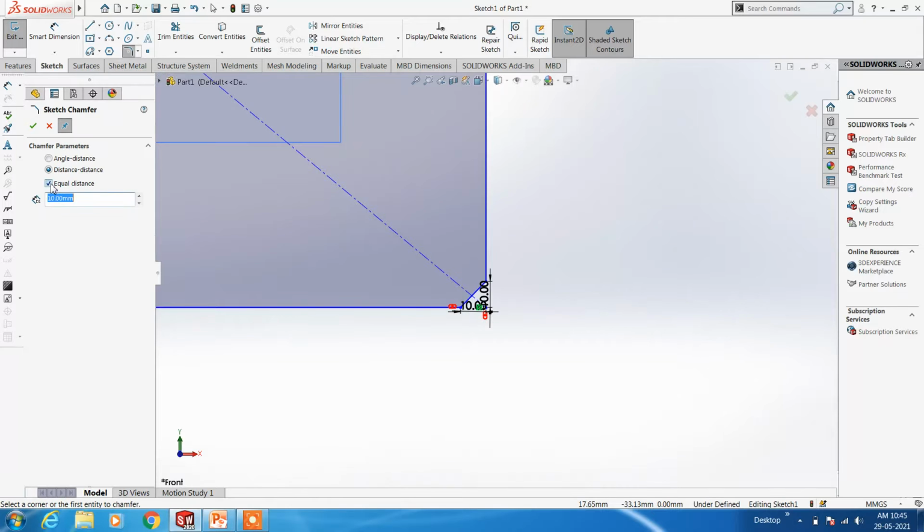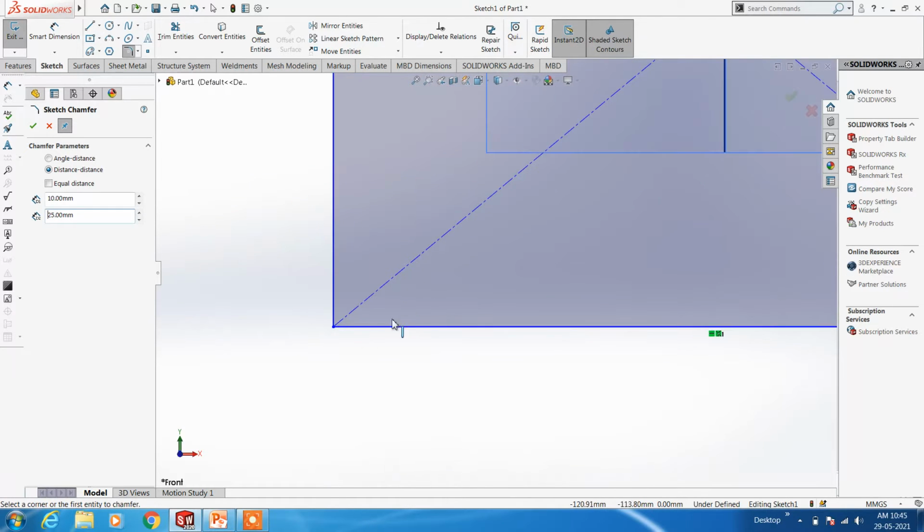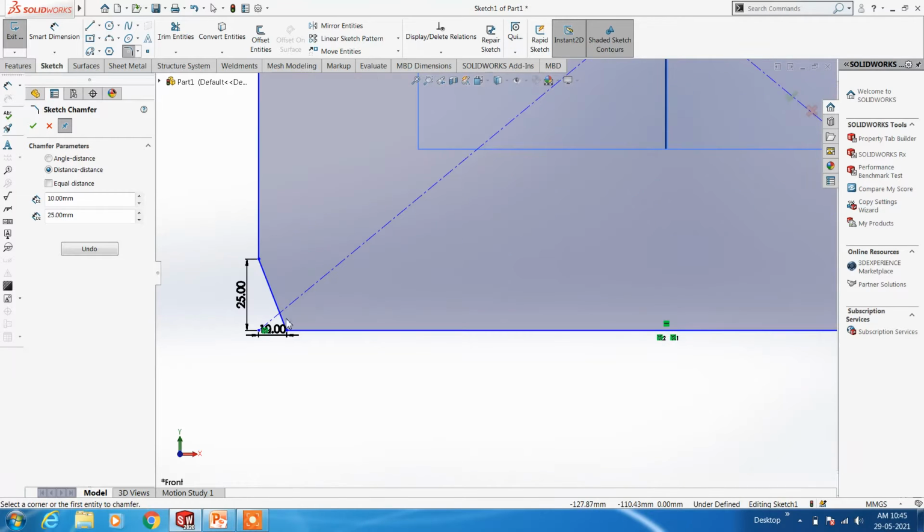Now untick this one, and we will be defining two different distances, 10 mm and 25 mm. Suppose I define this one as d1 and this one as d2, then your distance will be taken as d1, d2. This one will be 10 mm, this one will be 25 mm. Horizontal one is d1, vertical one is d2.